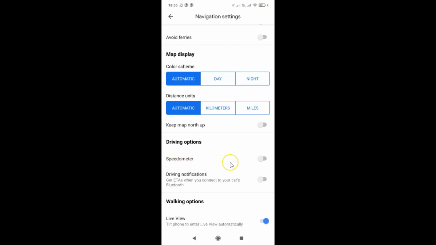So currently it's off. You can see the toggle is currently disabled. So in order to enable speedometer, you have to tap on this toggle button next to this speedometer and move this slider to the right. So let me tap on this. And you can see it's now enabled. So it's now done. After that, you can go back